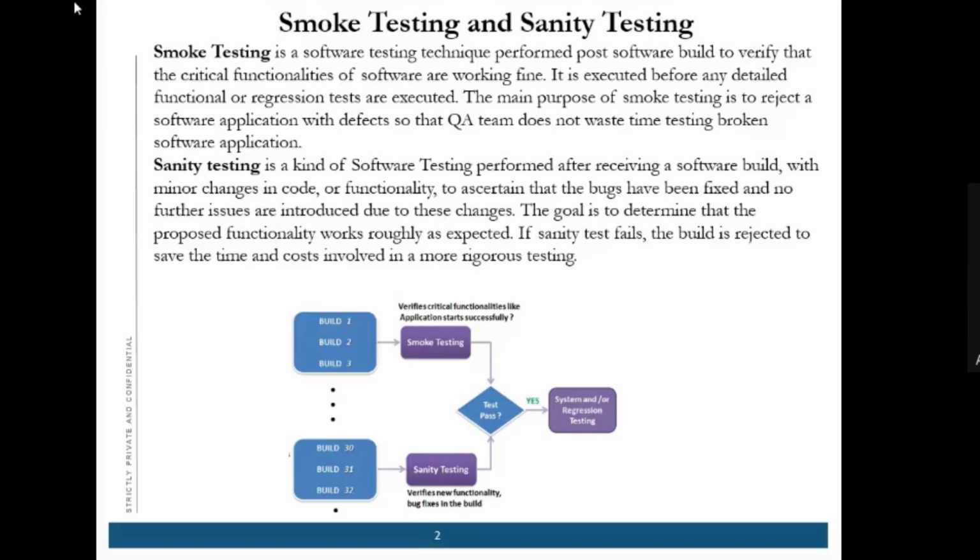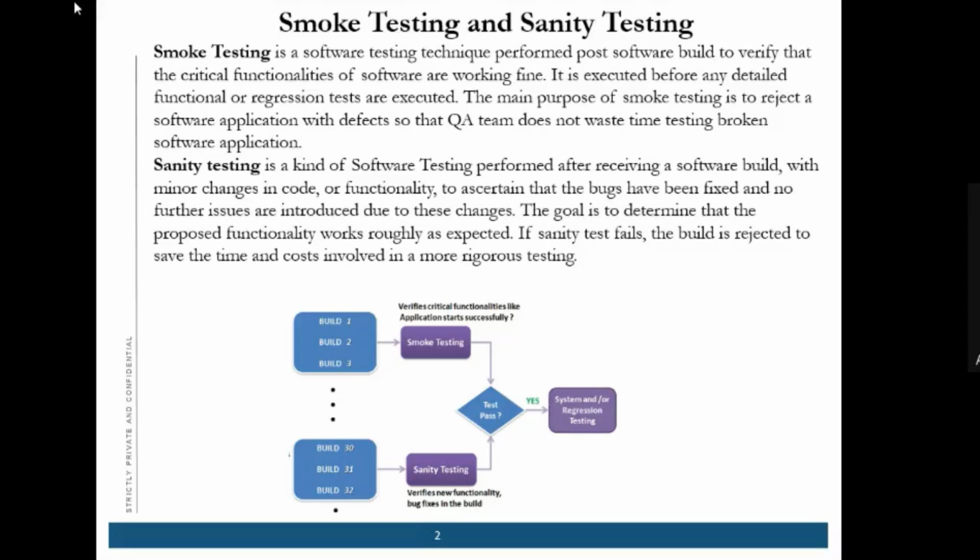So that is the thing. The new code or the changed code which we have given with the defects, they rectify those defects and they give the new build to us with their updated code. So before taking that changed code or updated code, what the tester will do is some smoke testing on it.